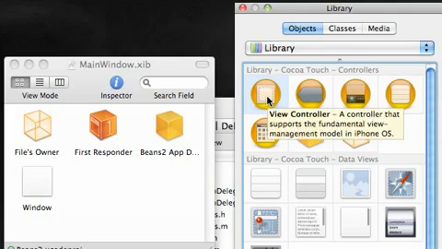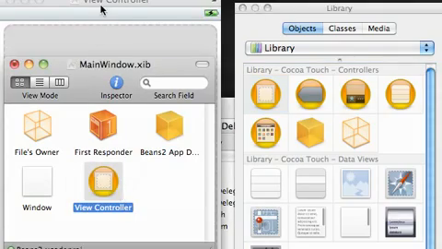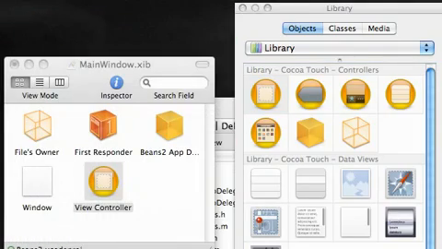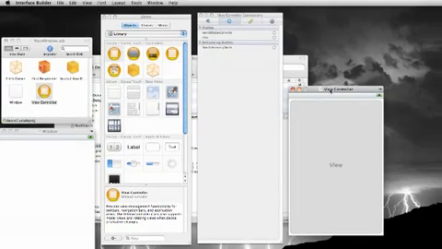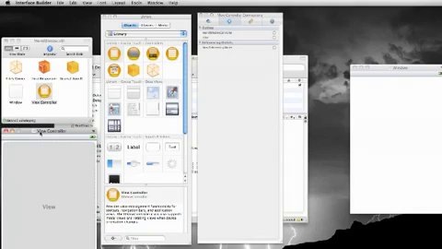And go ahead and drag this over to the window that says MainWindow.xib with all the other icons. So now you see a little view controller pops up, and we'll be working in here later, but just move this to the side for now. Actually, what you can do is move this window out of the way and put your view controller right here, because I'll talk about this later on. So now, now that your main window has a view controller,